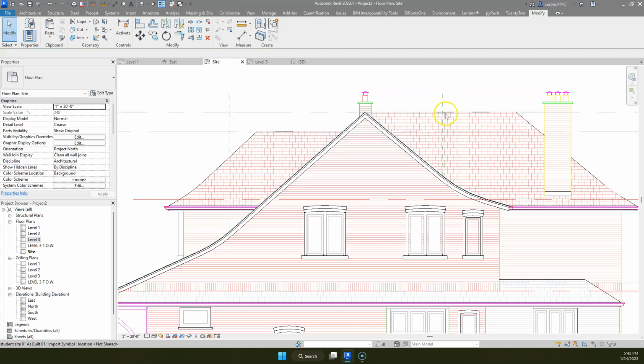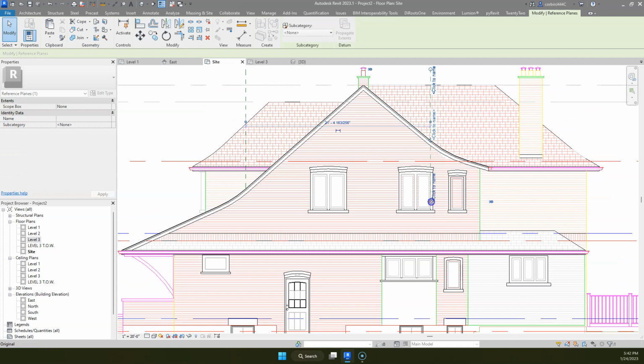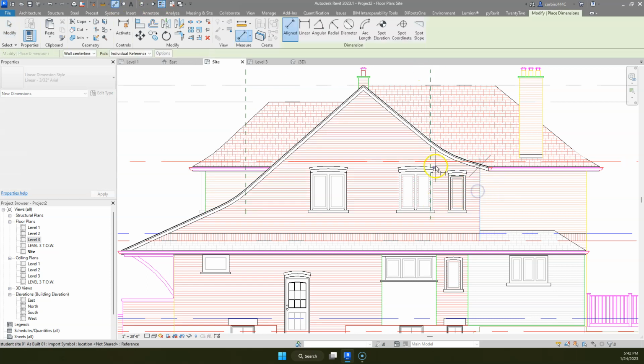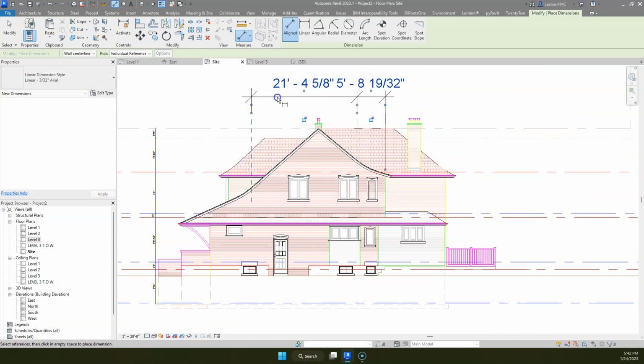So I'm going to try to do majority of the roof flat to start, and then we'll maybe modify after. What we want to know is from this outside line to this reference plane, as an awful number to there. So let's call it